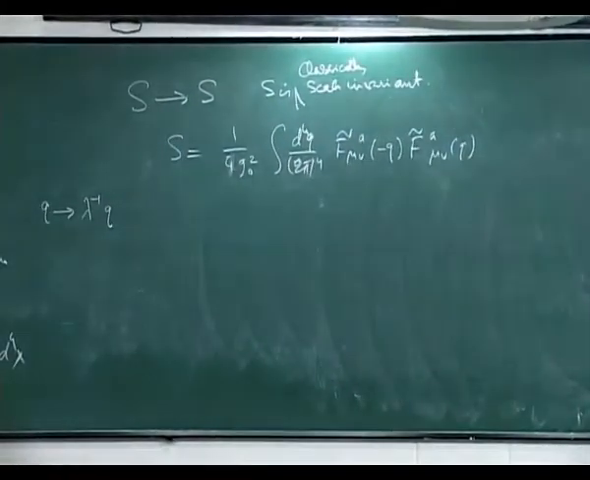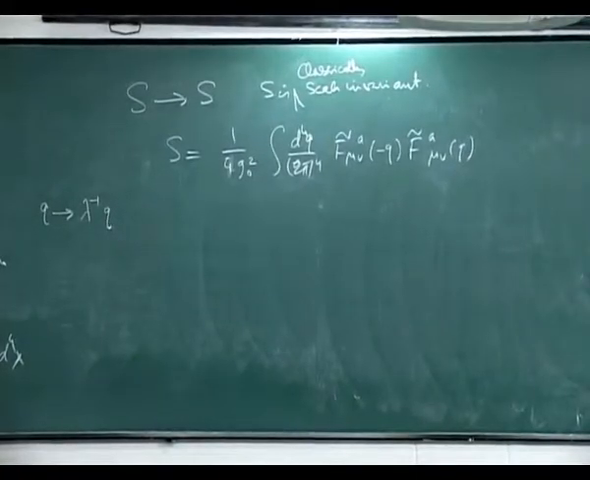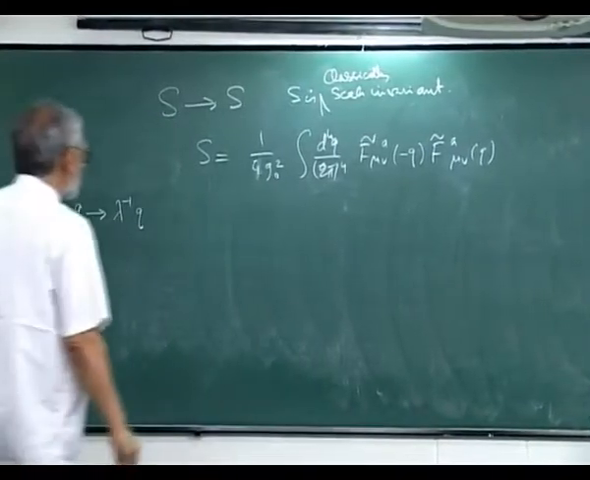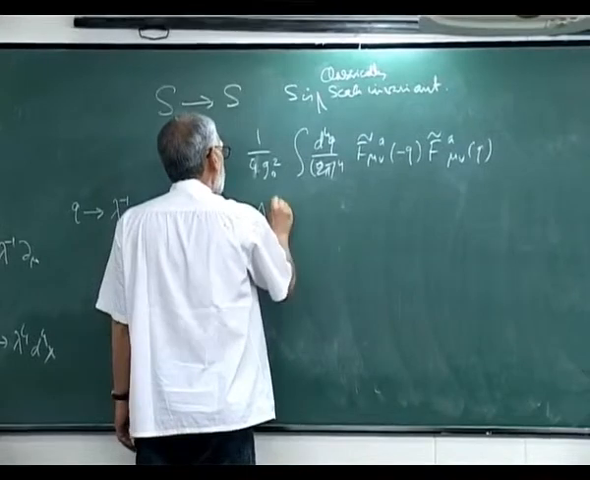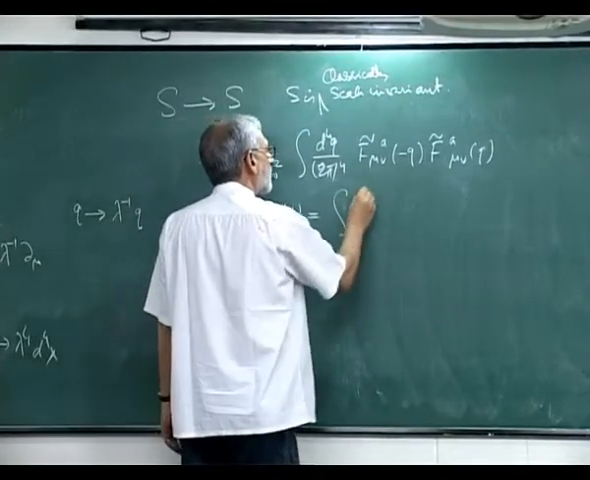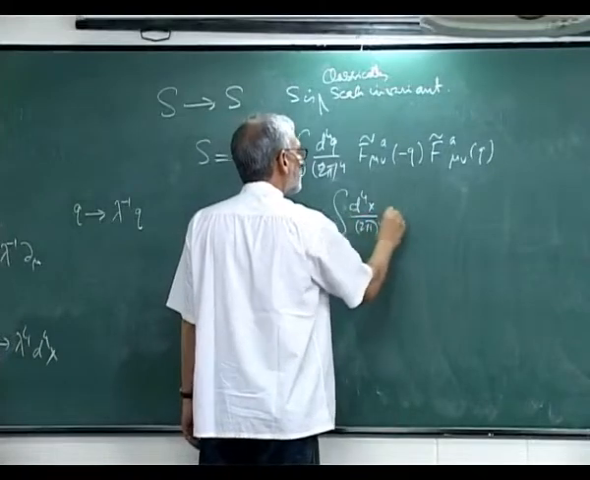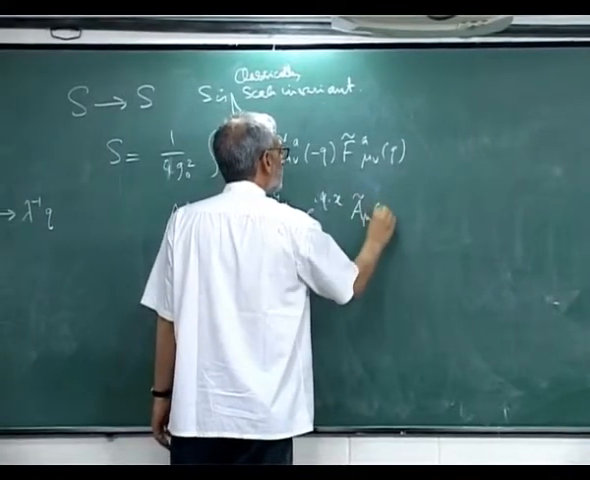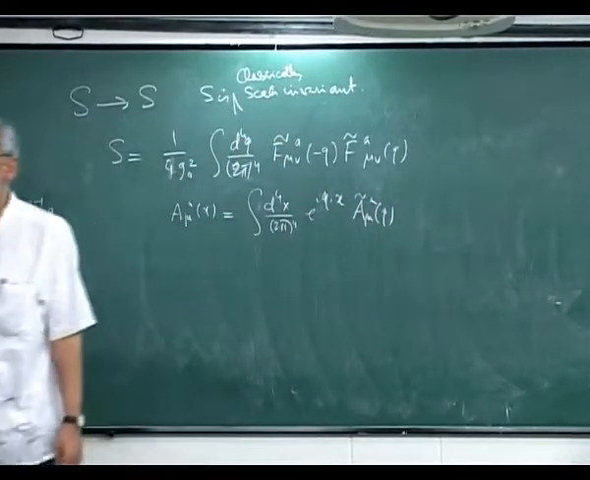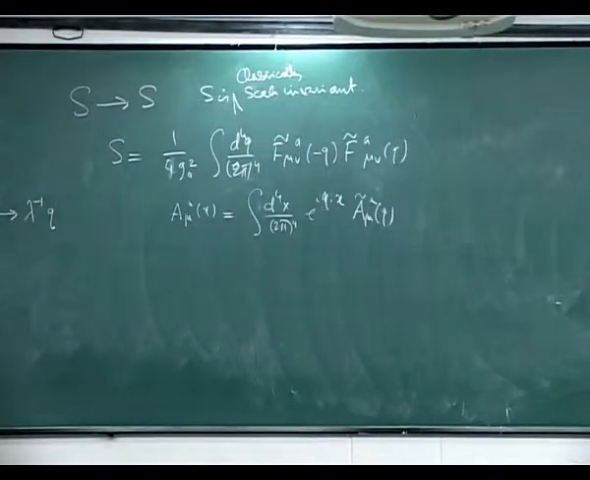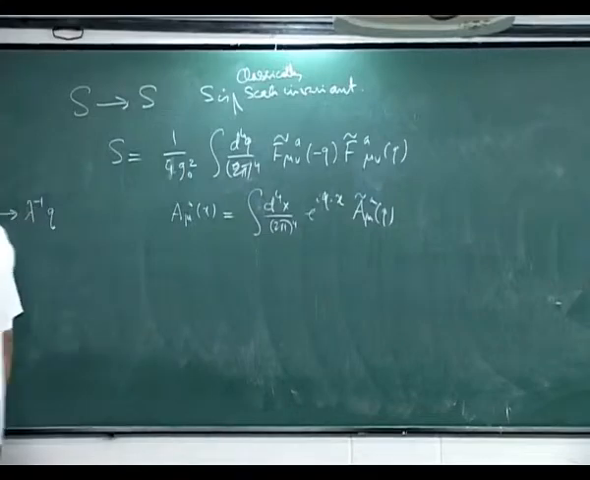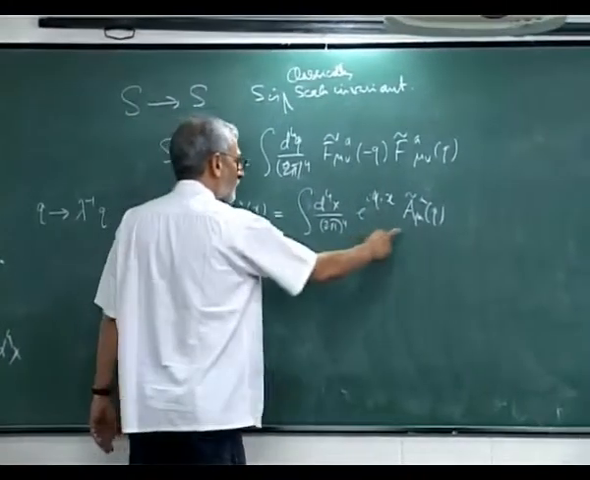This action in momentum space is this object. A mu x in terms of its Fourier transform is this object. Now, if Ax scales like this, its Fourier transform scales like